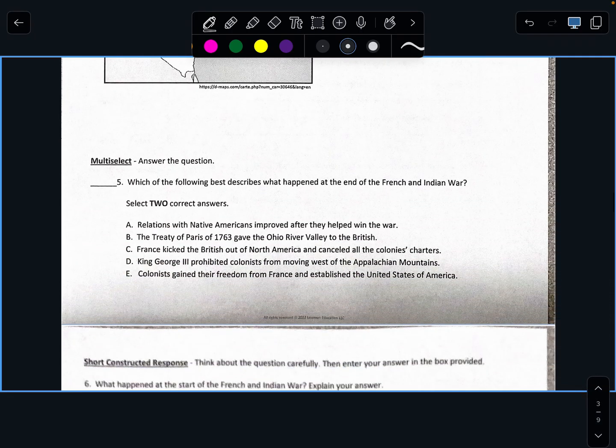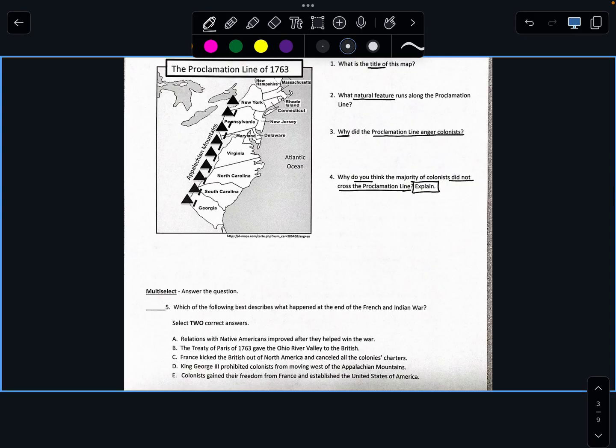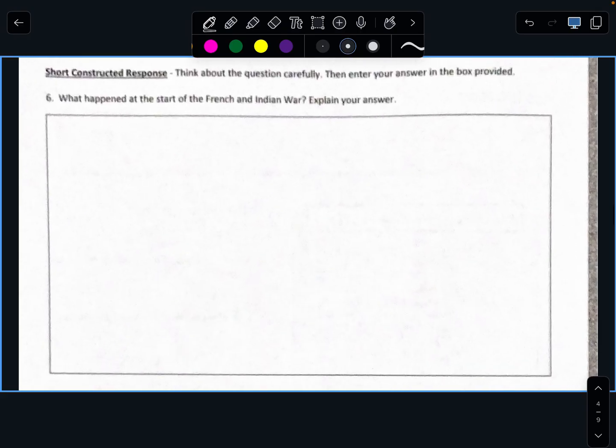Okay. Hold on. There we go. 5. Which of the following best describes what happened at the end of the French and Indian War? Select 2 correct answers. What do we underline? 2, and then we put a top. So how many answers should 5 have? 2. Okay, flip it over. We're going to help do the CER together. Okay, so